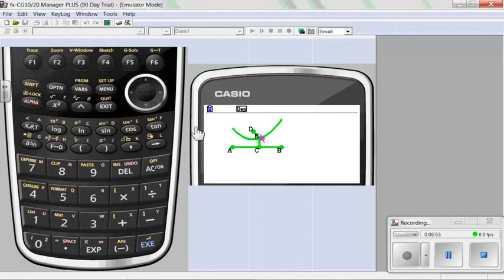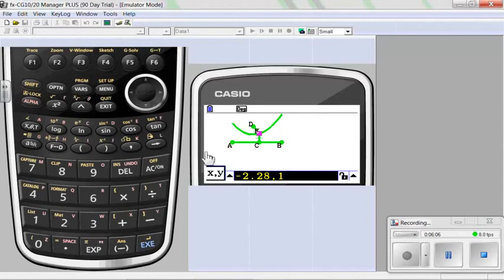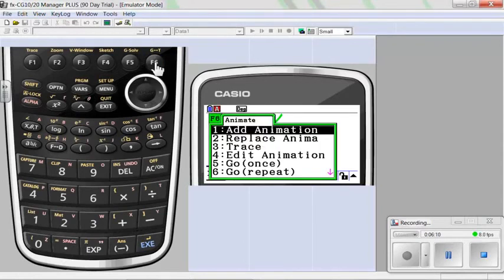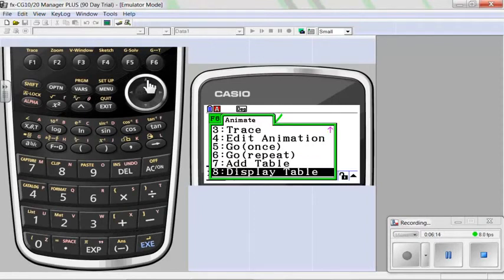Now if you wanted to do something with the coordinates here, I select that point. Notice the coordinates pop up here. I'll press vars. Here's my coordinates. This is how easy it is to add a table. I go to F6, which is my animate. It's going to say add table, number 7.